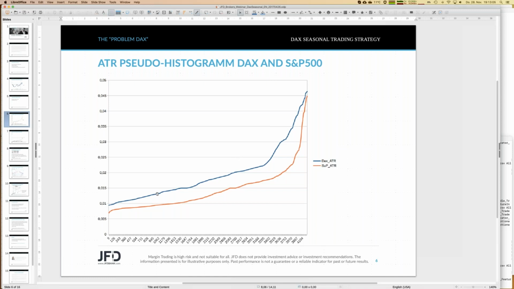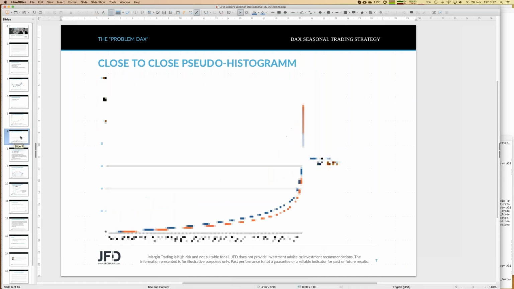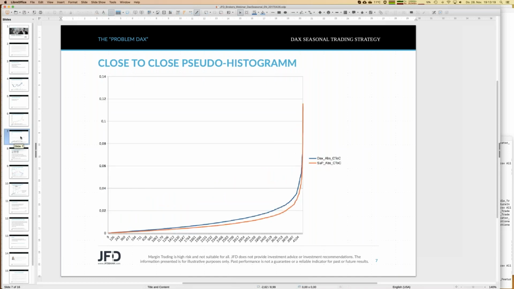The overall volatility of the DAX is much higher, almost a factor of 2 for most numbers here. Hey, that's interesting. So that's the first, let's call it, observation. And the same, not that obvious, is if I do the same kind of plot as a close to close